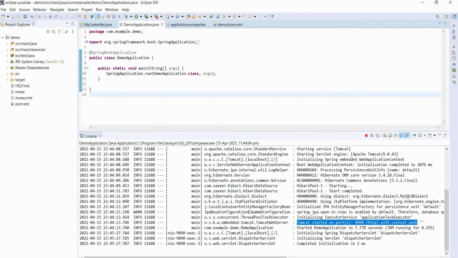So basically this annotation, that is the @SpringBootApplication annotation, is taking care of all of this. This is one of the major annotations which we are using in this application. If you are not getting this, then there is no issue at all. You can explore it later, or in later videos I'll explain it in detail.